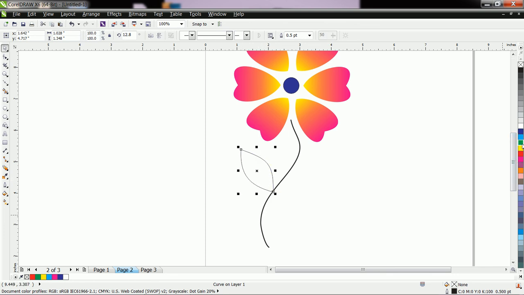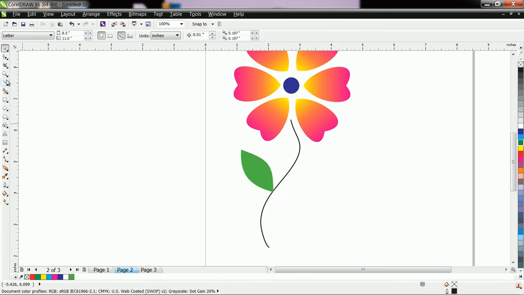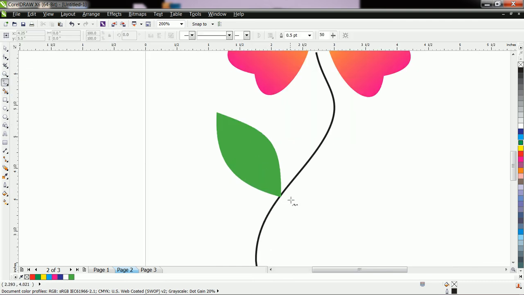Give the green shade. You can also remove the outline here, and let us create one single line within this shape, like this.